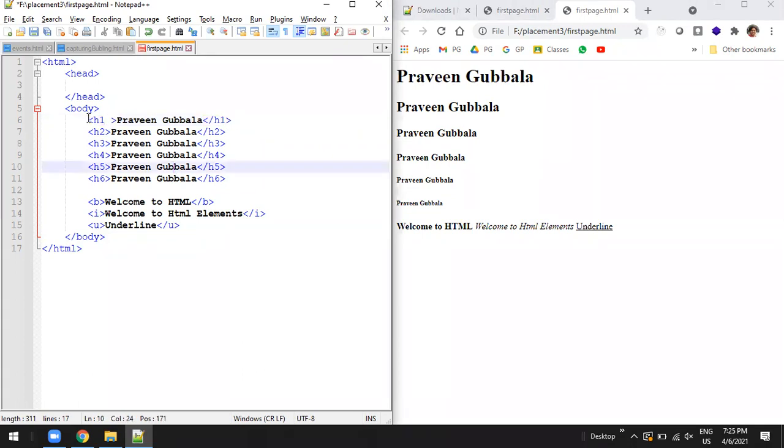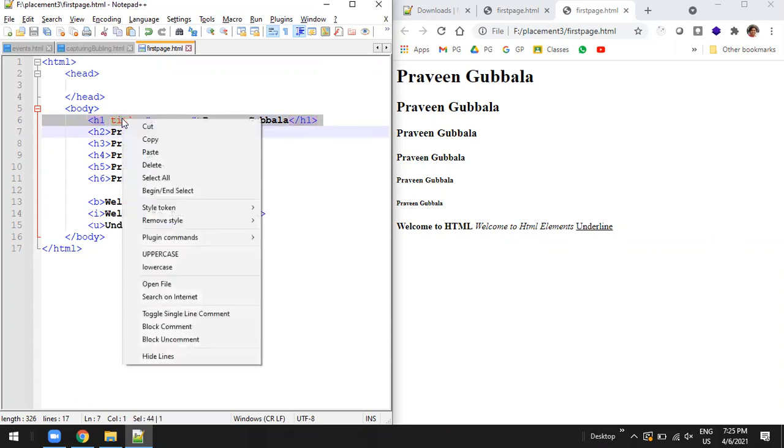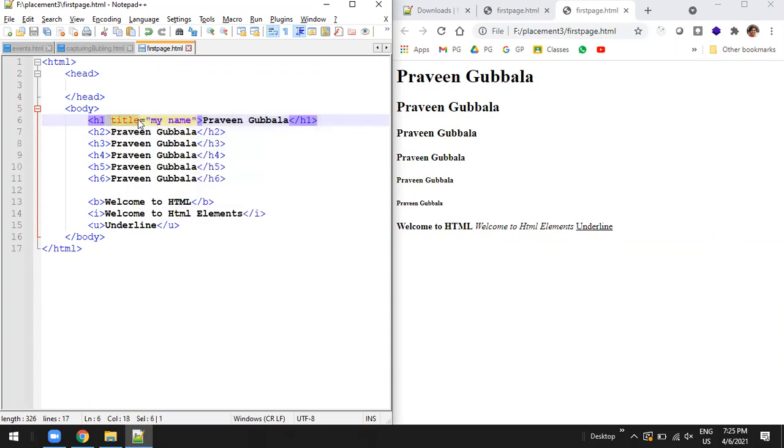This is called the open tag and this is called the closing tag. In the open tag only you have to put something like title is equal to my name. This is called an attribute. What is the name of the attribute? Here I am using title. When I move my mouse, whatever you have mentioned in the title will be displayed here.